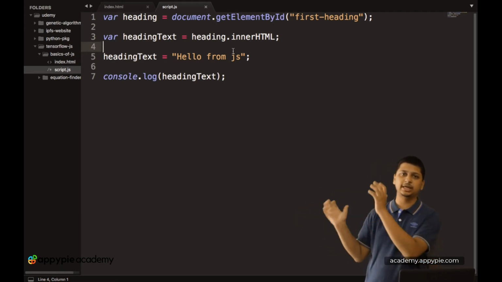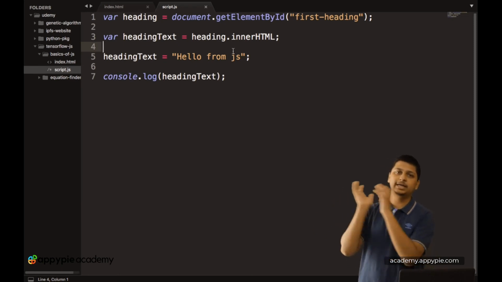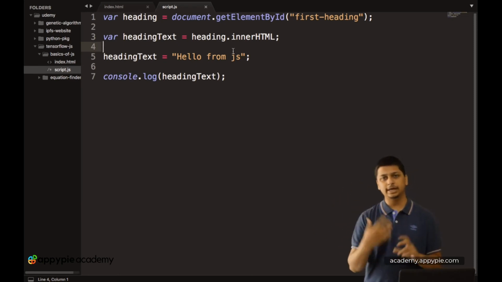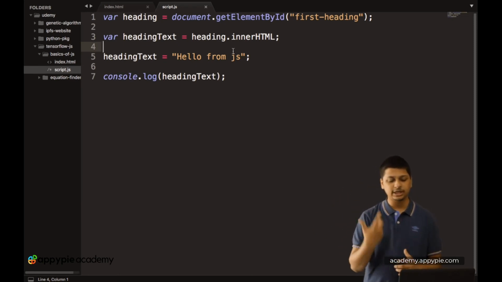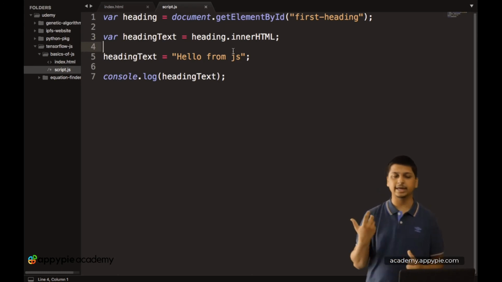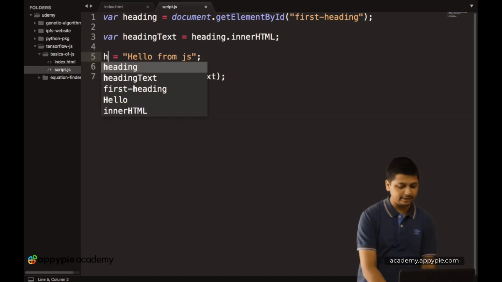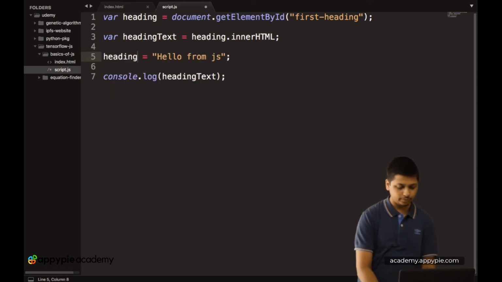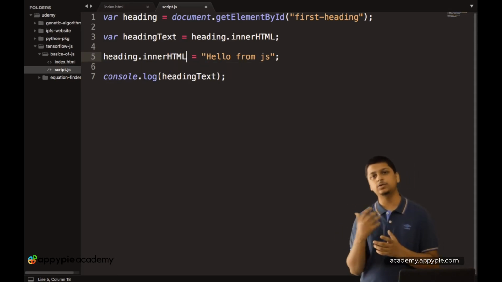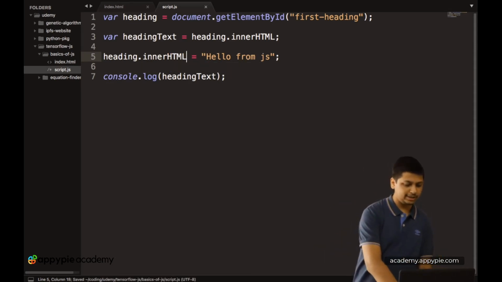So it is just taking the inner HTML value and giving it onto a variable. And now all that we have done is we have changed the value of heading text. So now in order to fix that, let's use the variable heading dot inner HTML, and now let's make this equal to hello from JS. So now let's save this